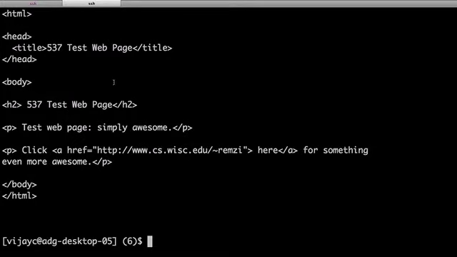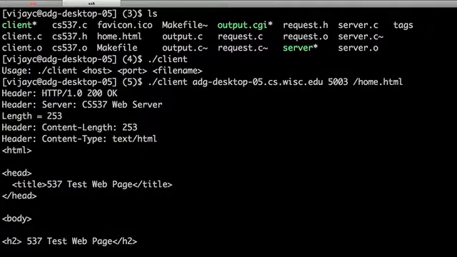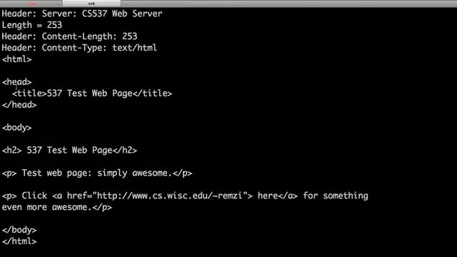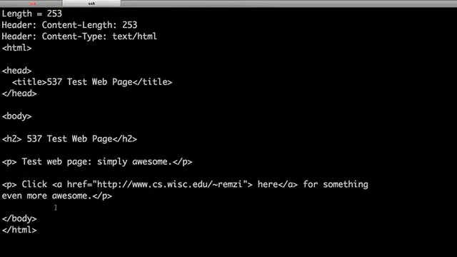What you see here is the response from our HTTP server which is running. It says the length of the content is 253. It was able to retrieve that file, so it says 200 OK, and then it has the actual web page content. When we do this request from a browser, what the browser additionally does is parse all of that and display it on screen for you.